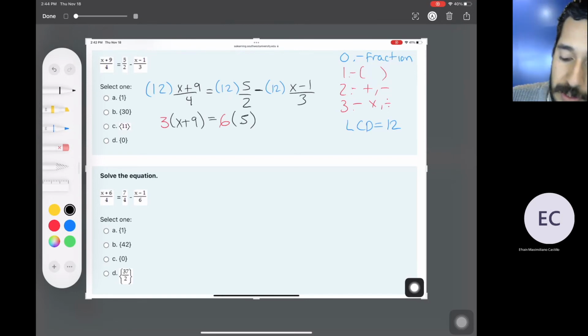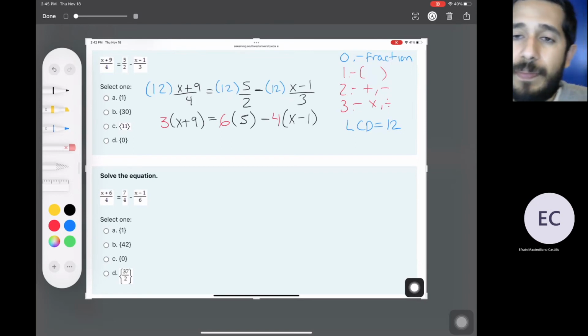Okay, and I'm going to do this again. So minus 12 divided by 3, that's going to be 4 times the top of the fraction. My top of the fraction is x minus 1. Okay, and just like that, we get rid of all the fractions, and we can move into the first step already,